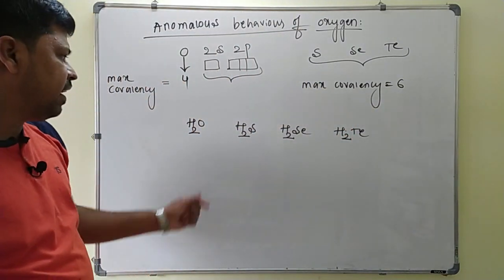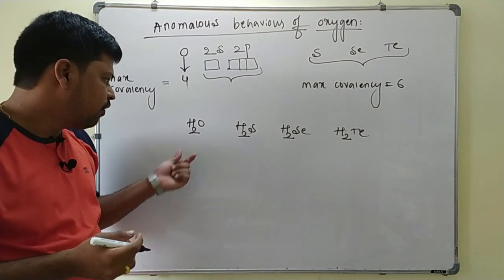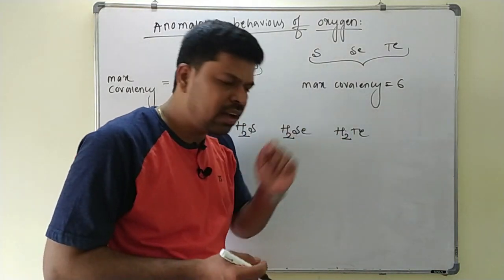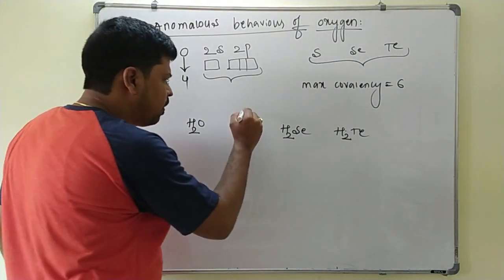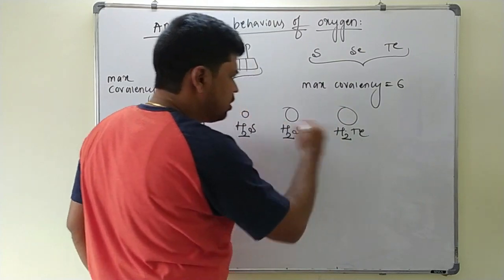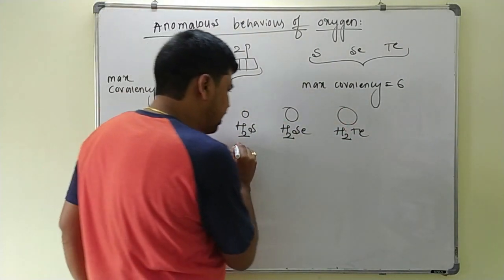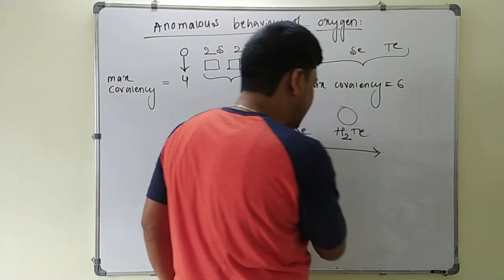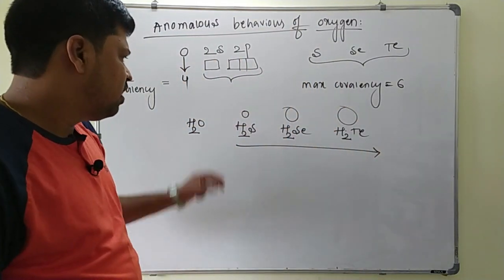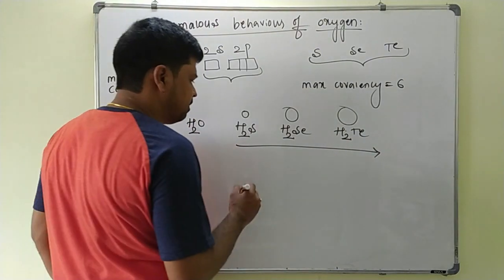Here also again there is a difference in the physical state as well as in the melting and boiling point with respect to water and the remaining hydrides here. Down the group the molecular size is increasing. So, as the molecular size increases, van der Waals force of attraction increases. Therefore, melting and boiling point for the remaining hydrides will increase in the downward direction towards H2Te.